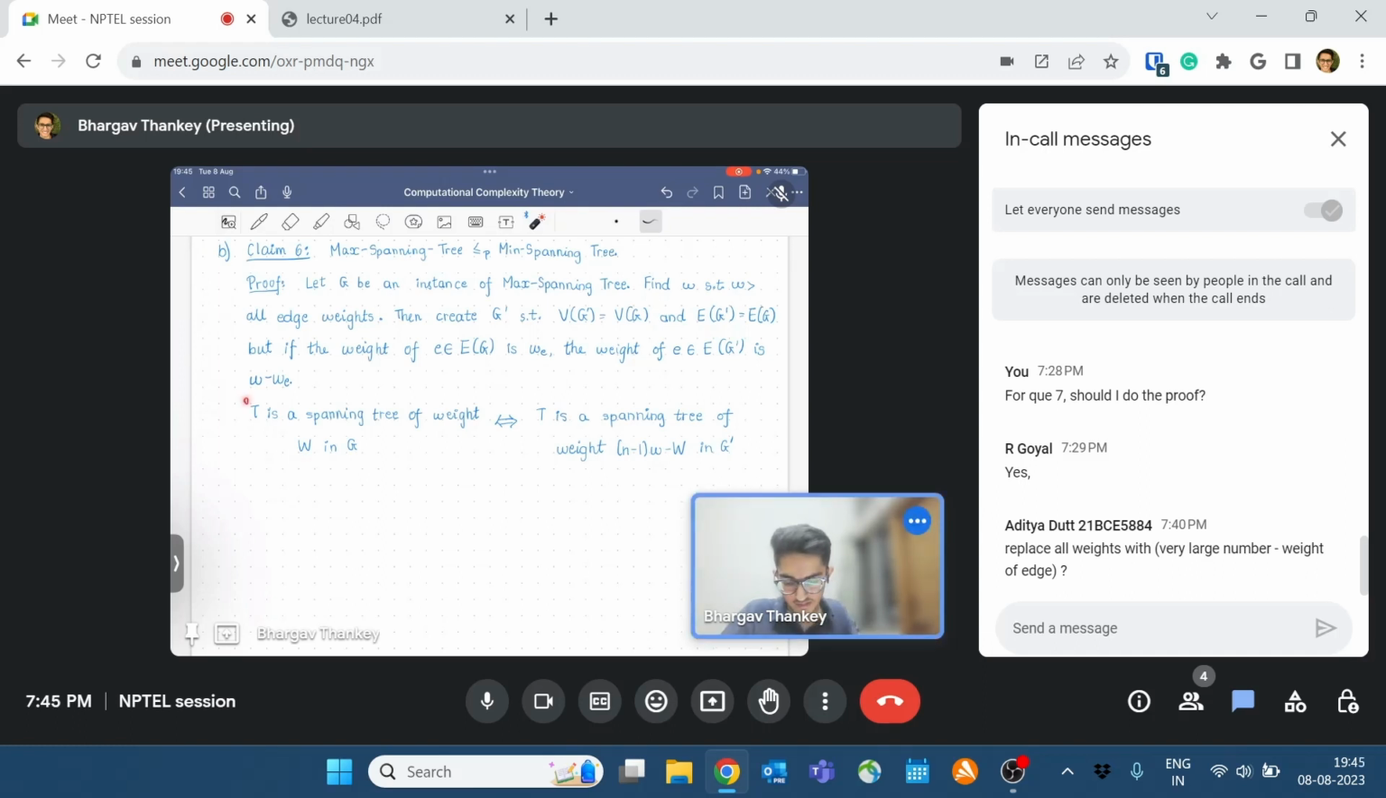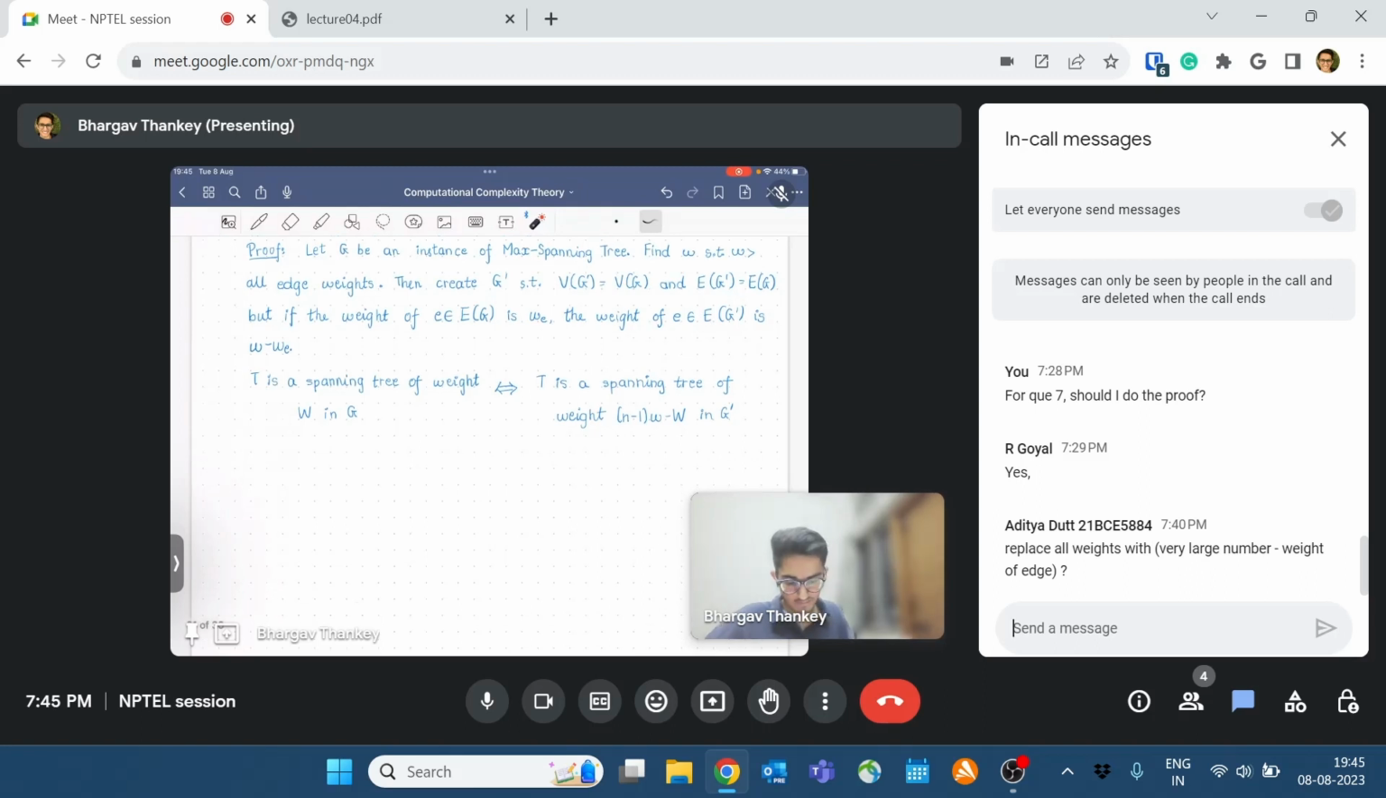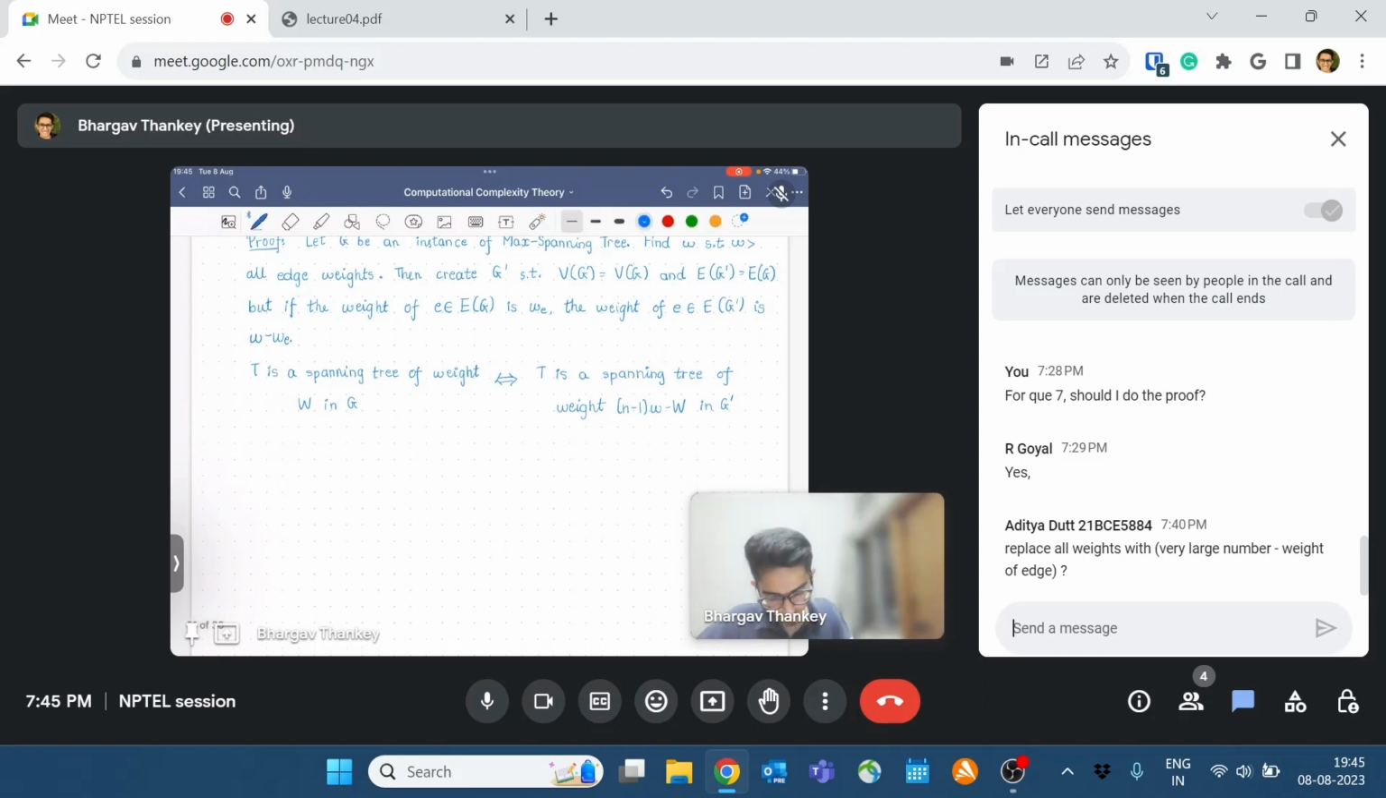Okay, is this fine or should I explain this again? Yes, because we have replaced every weight by the weight minus the sum of all the edges. But I could not understand why we are using n minus 1 into w here. Okay, so suppose T was